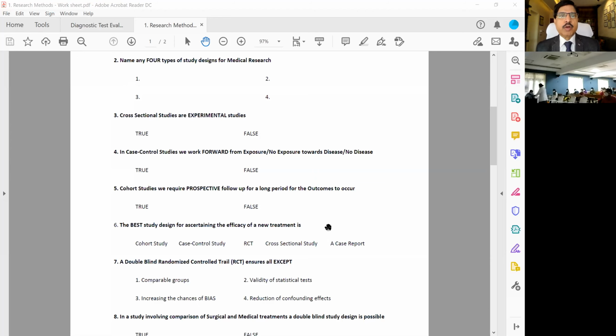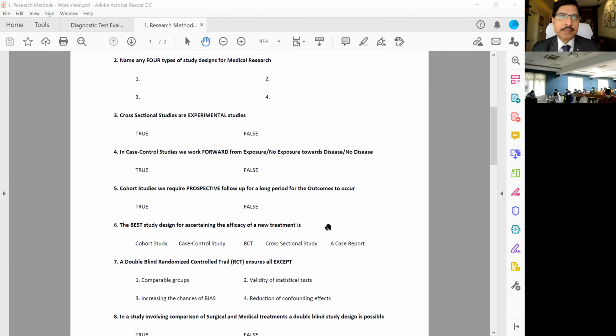So, what are the 4 types of study designs? That was the question. What are the 4 types of study designs? Cross-sectional study, very weak. Case control studies, okay? Prospective cohort studies, randomized control trial. Isn't it? 4 important study designs are descriptive studies, under which cross-sectional, analytical studies, under which you have the case